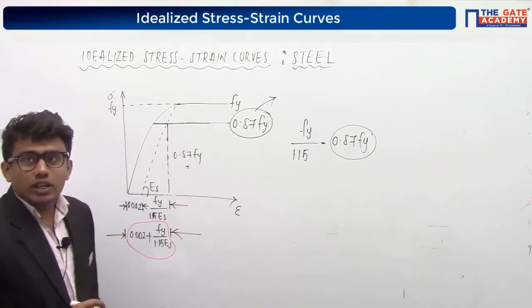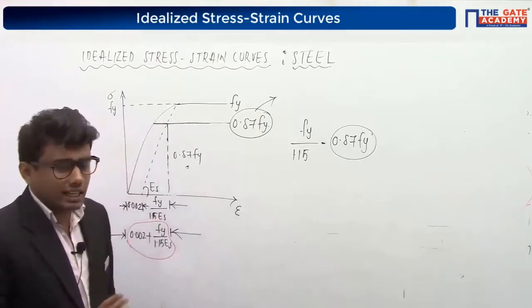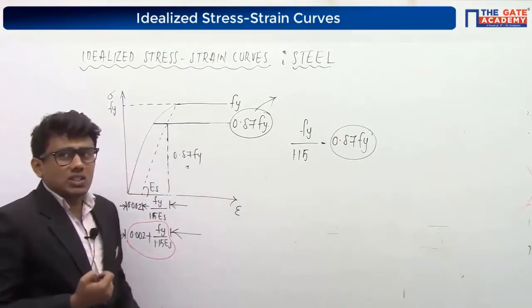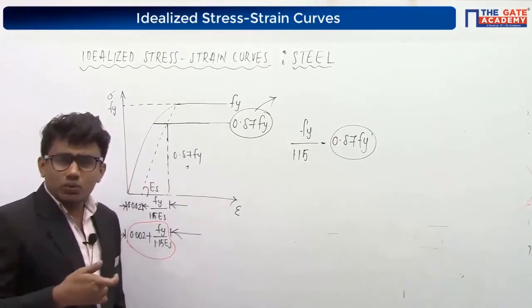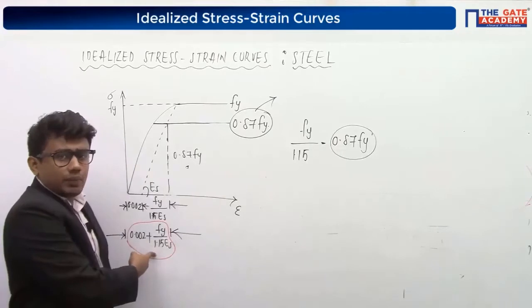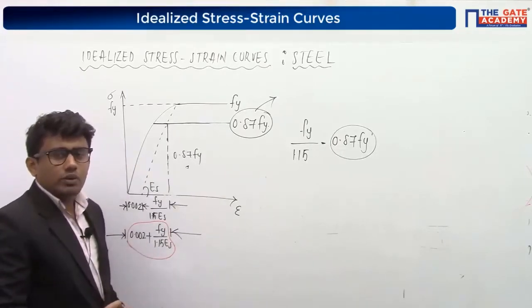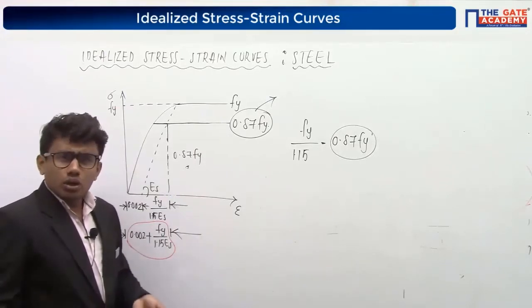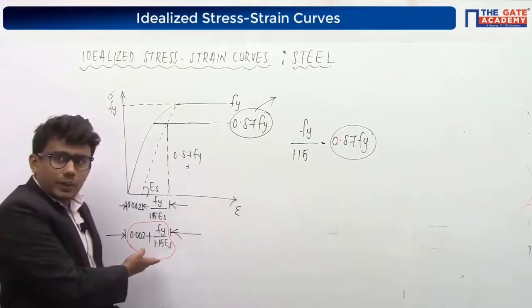Yes, and in the Srikanth, everyone is saying that 0.87 Fy divided by Es. It's very good, it is correct. But better remember it like this. Why? Because in some questions, he will be giving a different value for this partial safety factor for steel. Here, as per limit state of collapse, it is 1.15. But sometimes in the question he will be giving a different value, maybe 1.2 or maybe 1.25 like that. In that case, it's better to remember like this, right?